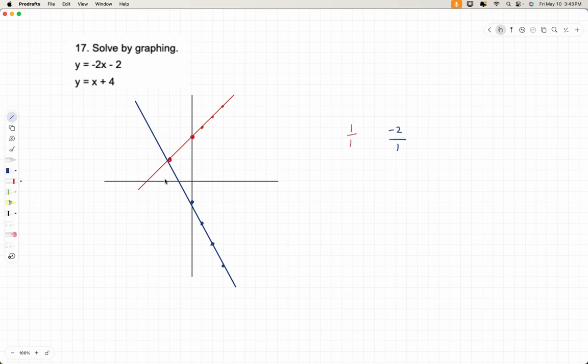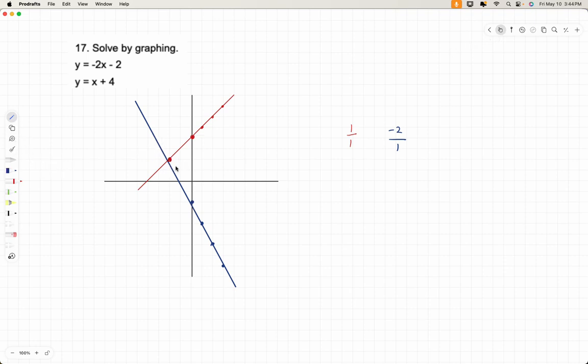So be very careful. You will do a better job on your paper. If you have graph paper, use that, because then you can put a little ruler there and your lines will be much more accurate than me trying to draw this on the screen. Okay? I promise you that. Let me see if I can adjust this line, if it'll let me. Nope. It's not gonna let me adjust the line. Anyway,